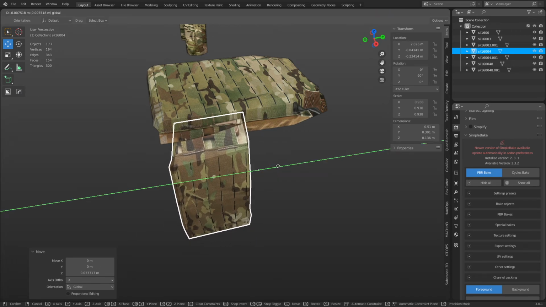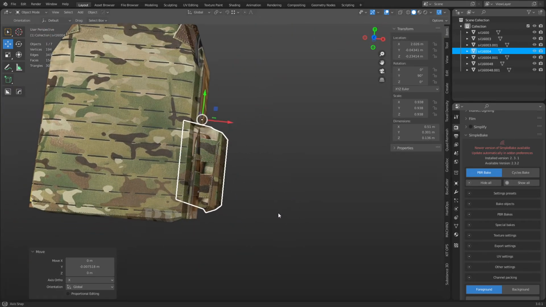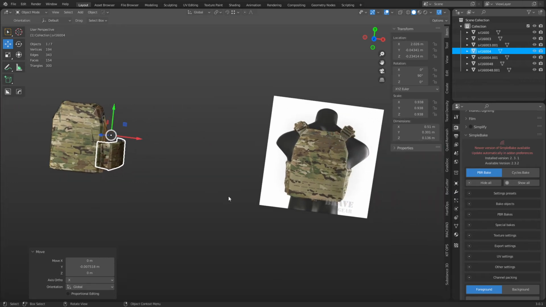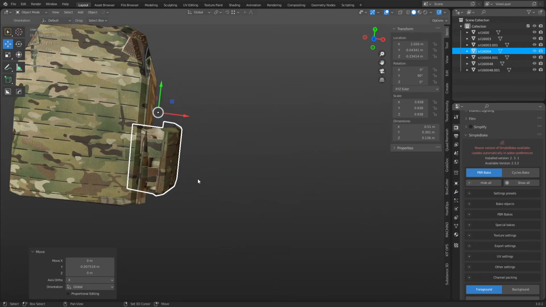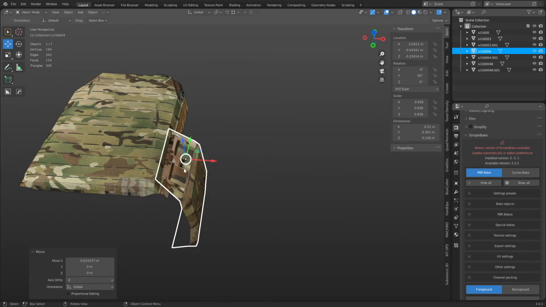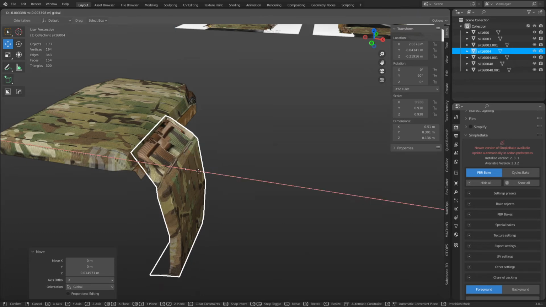So I might actually, I don't know. Is this the front or the back? I can't even tell now. This should be the front. So having those buckles right there would probably be pretty nice. It'd be nice to have the buckles on the front too, but